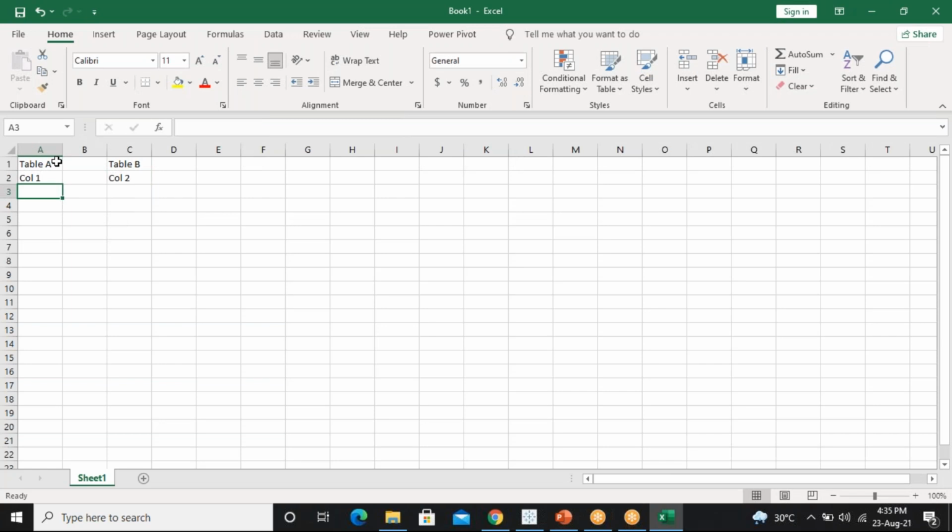In the first I have set numbers 1, 2, 3, 4, and in the second table 5, 6, 7, and 1. So this is the data from column 1 of table A, and this is the data set of column 2 from table B. So assume that I have two tables.